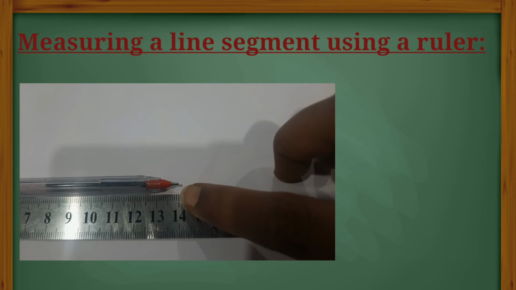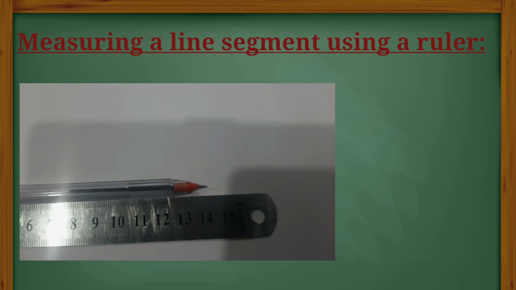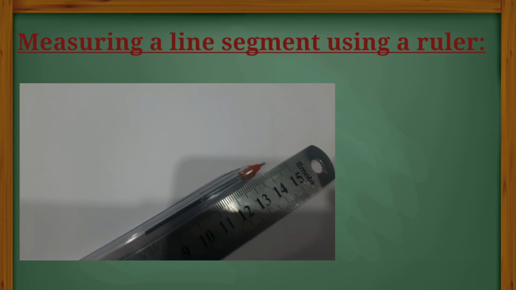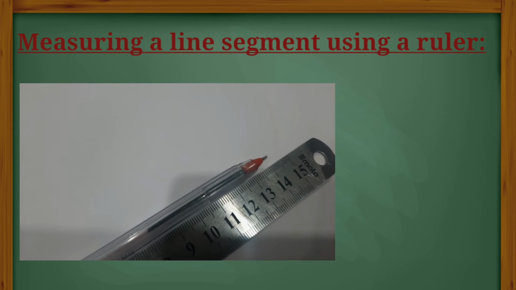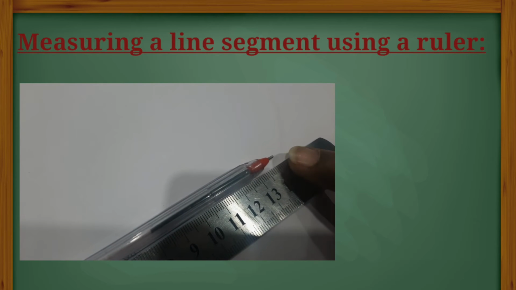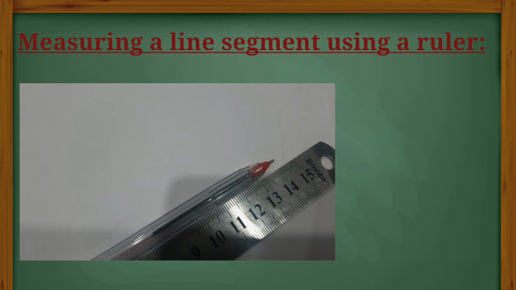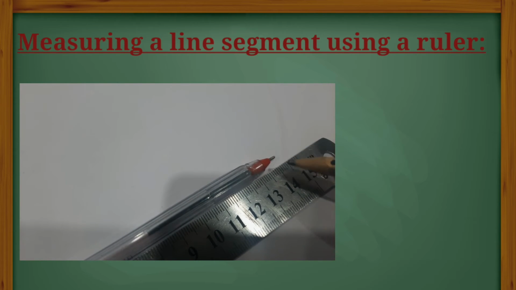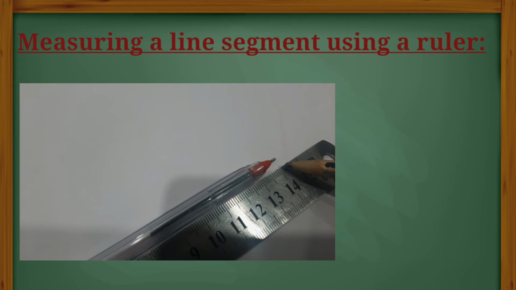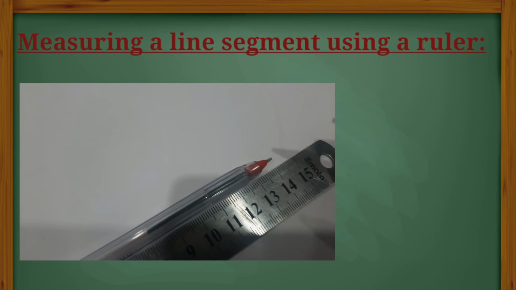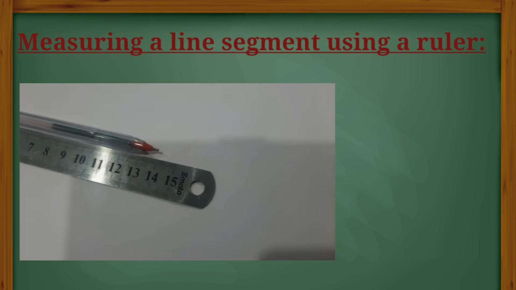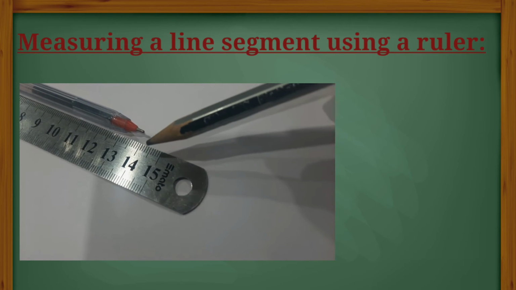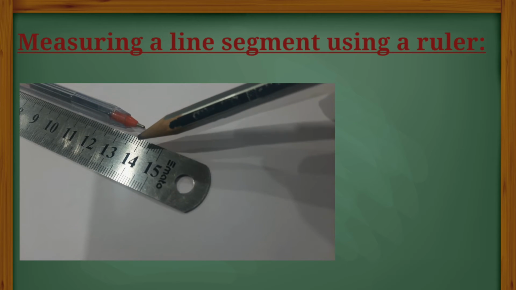See, 14 centimeters. And from side view, if we see from the side, it is visible as more than 14 centimeters. Observe, the length of the pen is more than 14 centimeters from this side. Observe carefully, it is looking as more than 14 centimeters. And if we change the direction, and from another side we see, the length of the pen is visible as less than 14 centimeters. See,